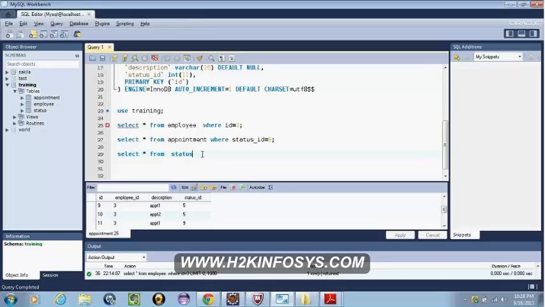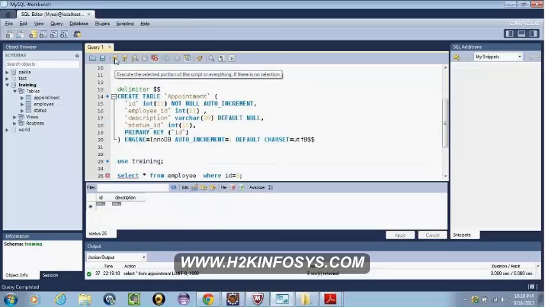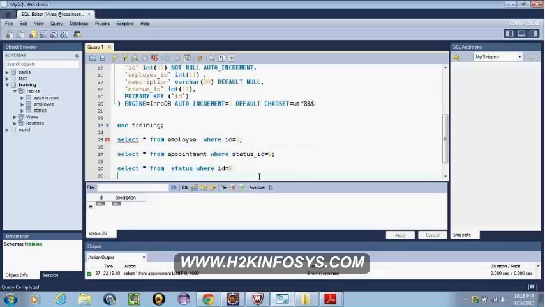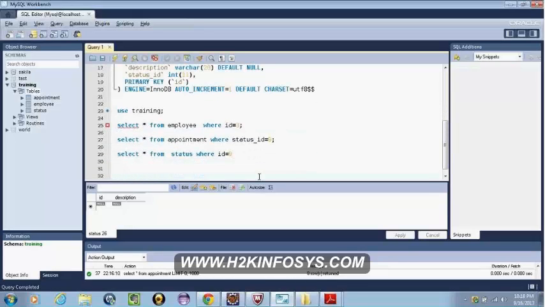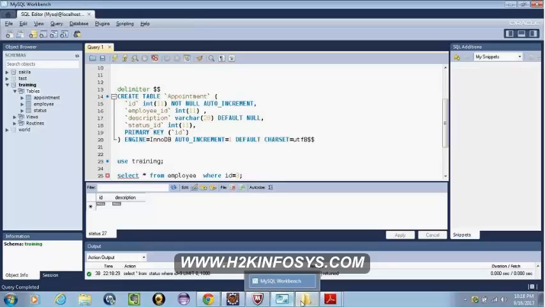Let's say I create some appointment saying cascade is equal to all. When I do that, it inserts the status also into the database. Let's say I have created a new status because I have said cascade is equal to all.